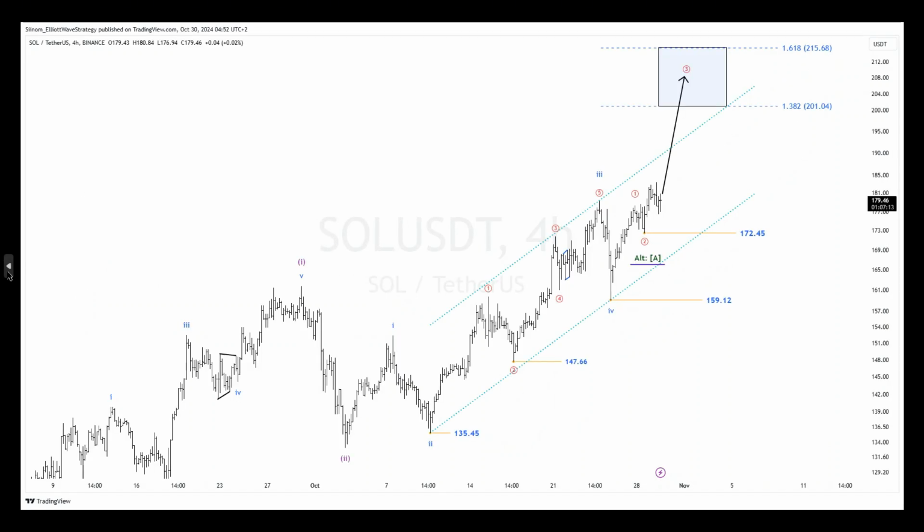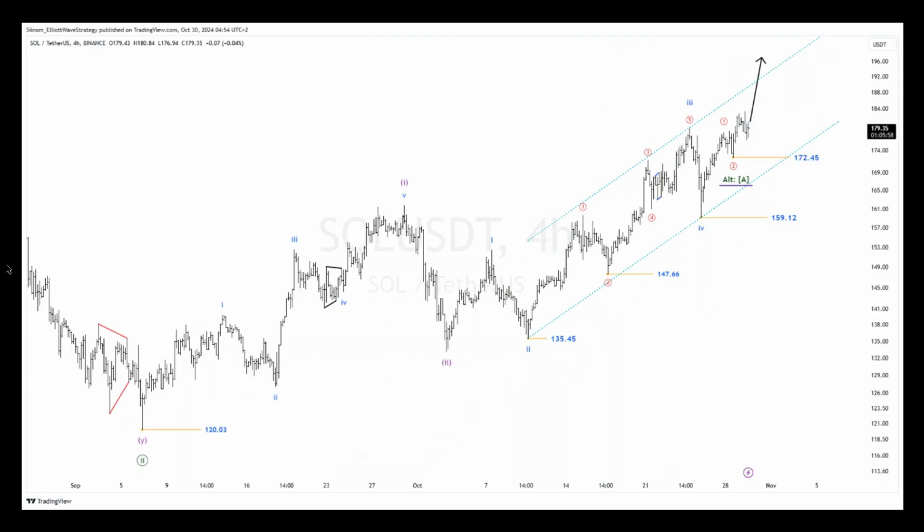So the last chart for the day, I would say it's Solana, or ticker symbol is SOL USD Theta. So what is happening right now, Theta, is it Theta? I'm not sure how you pronounce it. I think it's Theta. So what is happening right now is we have here our wave 2 as well, which bottomed at